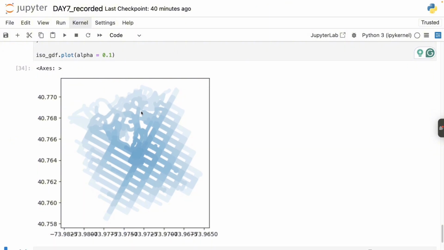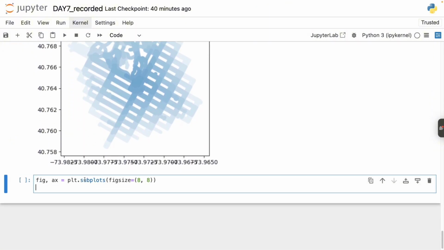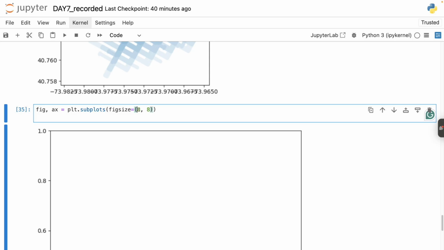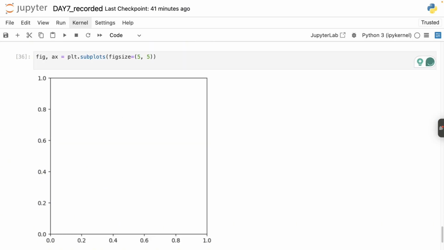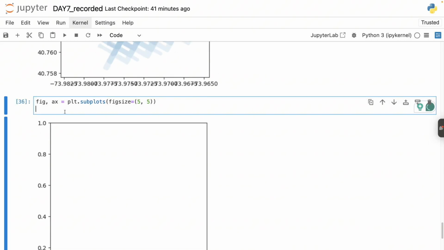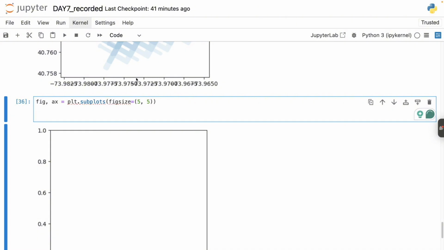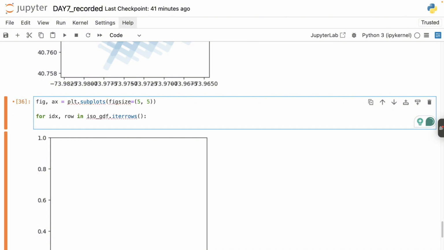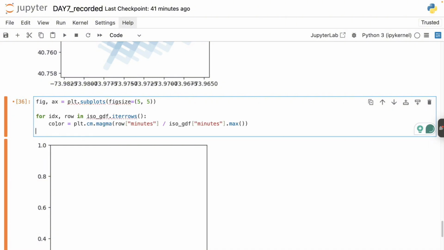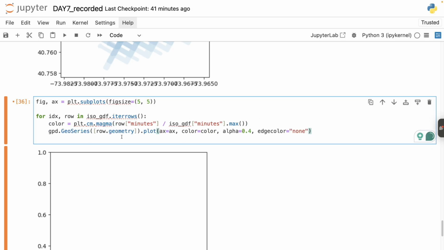Now that we have it, let's create a nice visualization. This is too big again. Let's decrease the size. And now we will visualize the isochrones one by one. And based on their index, for every single one, we will get a unique color using, for example, the magma color palette, but you can use any other one if you wish. And then we will visualize